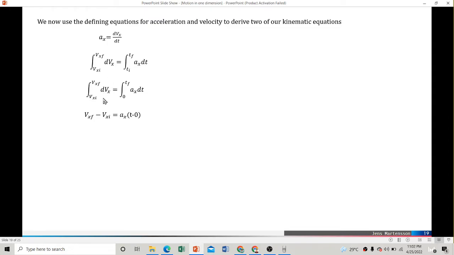Mahimo na siya og velocity na lang. Then substitute sa boundary limit, mahimo siya og Vxf minus Vxi. Di ba ang pag-substitute sa ato ang mga boundary limit is upper limit minus the lower limit, no? Also here, upper limit nato is t final, and then our lower limit is 0. Mao siya tf minus 0. So Vxf minus Vxi is equals to axt.